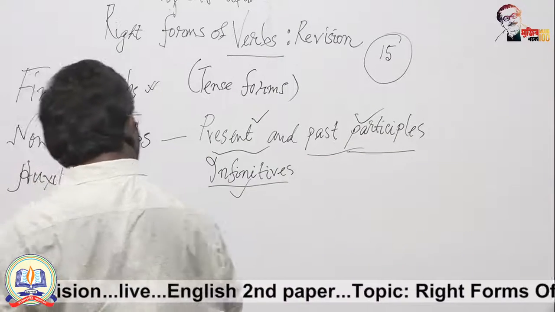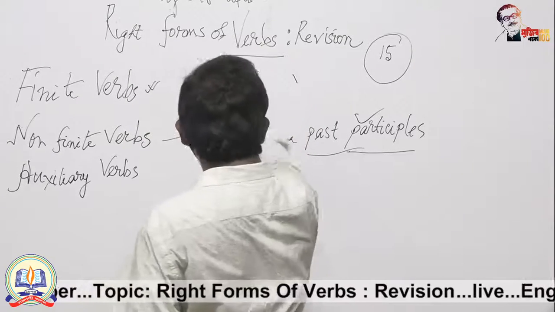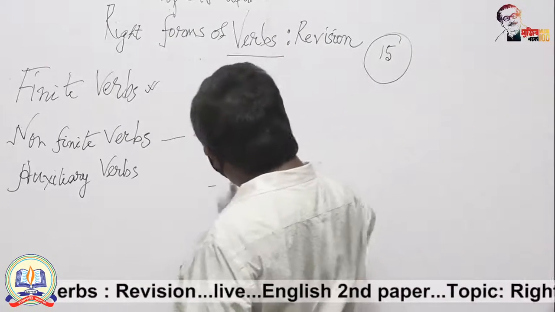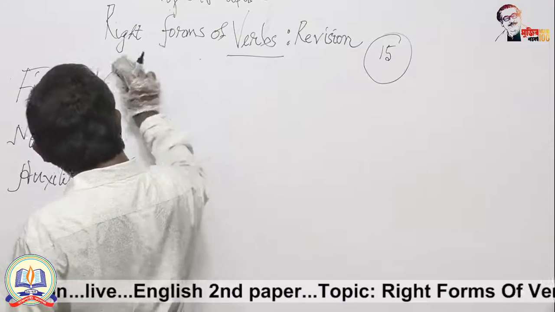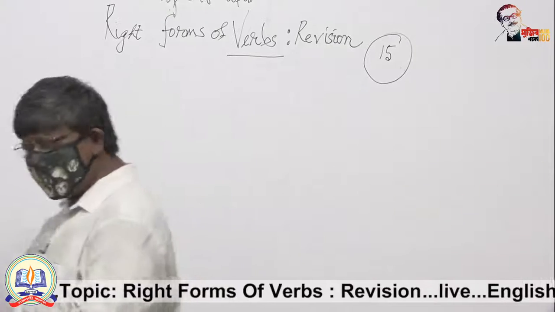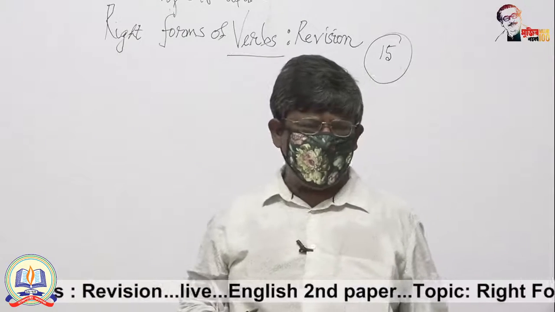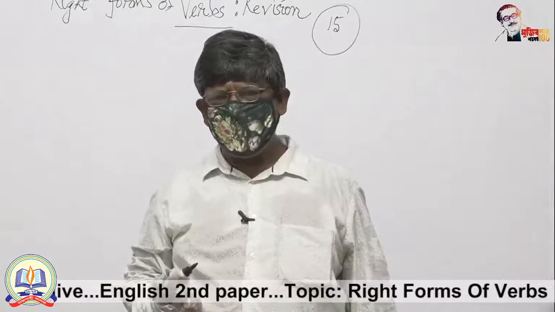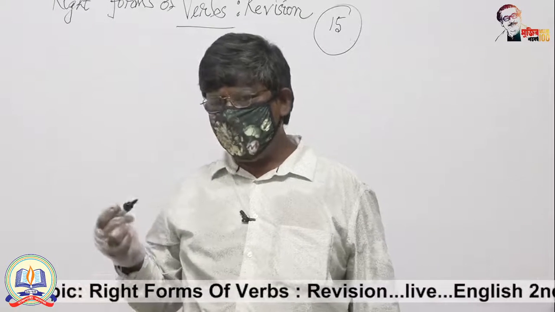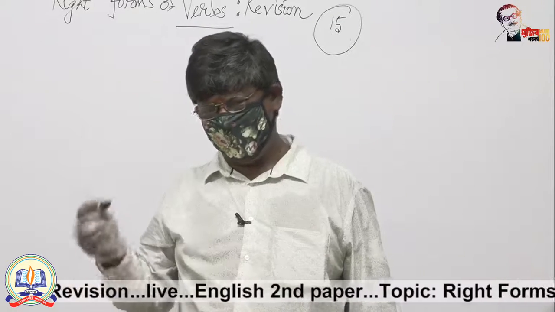Let us first consider determining the tense form of the finite verbs. You know, every finite verb must have a subject. So, whenever you have a clear idea about the subject of the verb to be determined its form, you make sure that the verb should be expressed in a tense form.